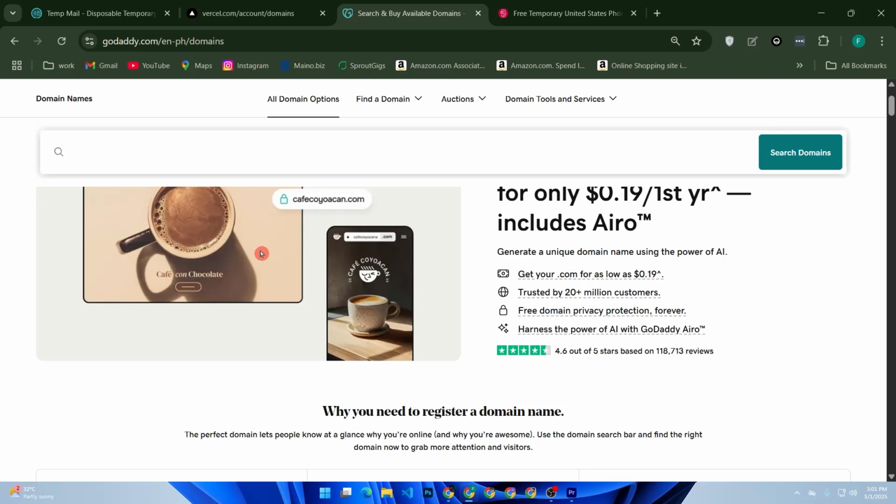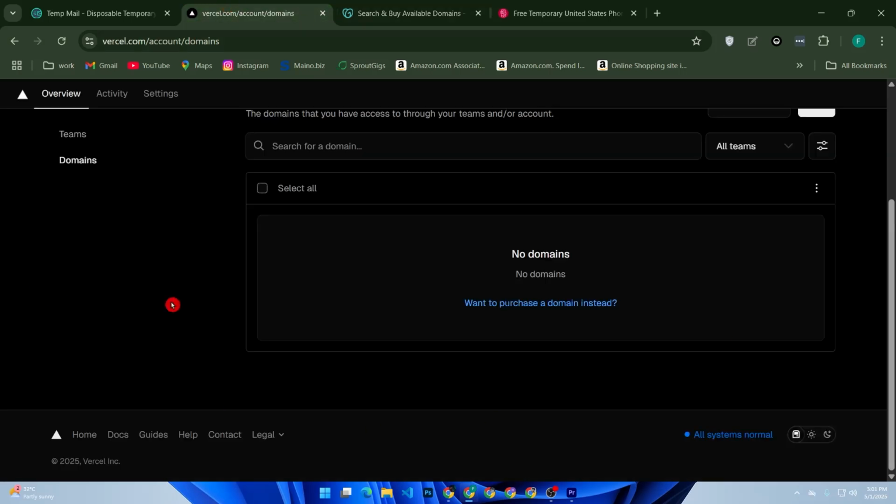Go back to Vercel and click Verify. It may take a few minutes to propagate, but once done, your domain will be live on Vercel. So that's it. You have successfully connected your GoDaddy domain to